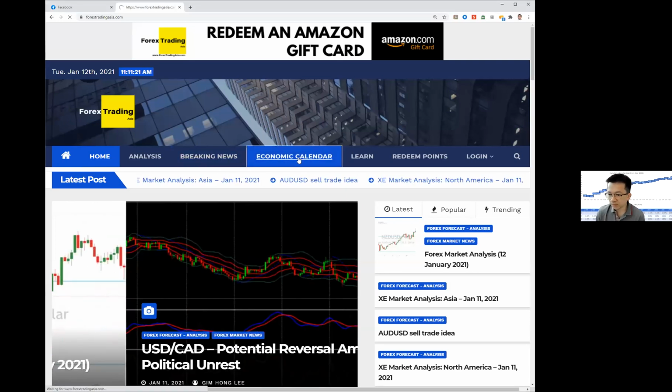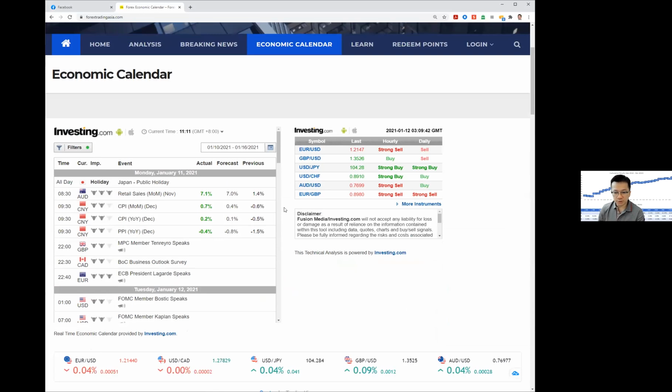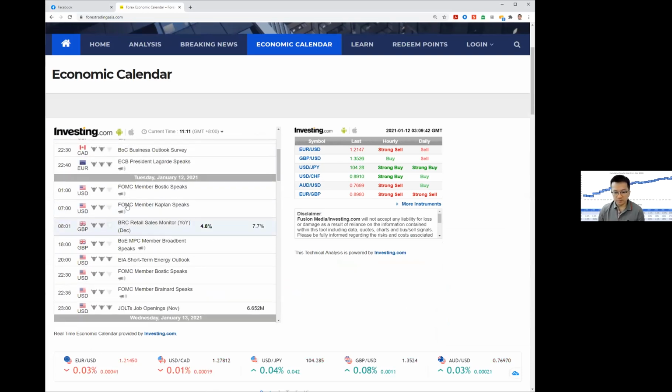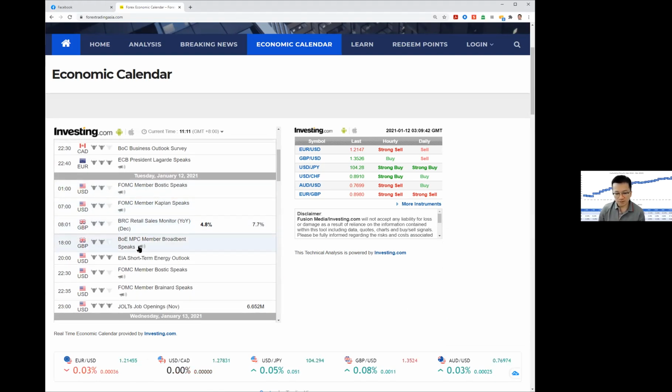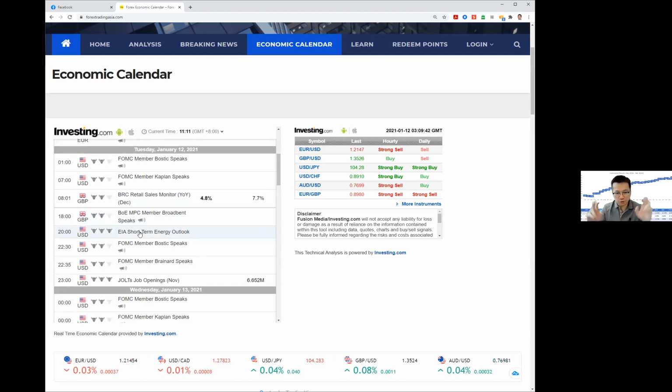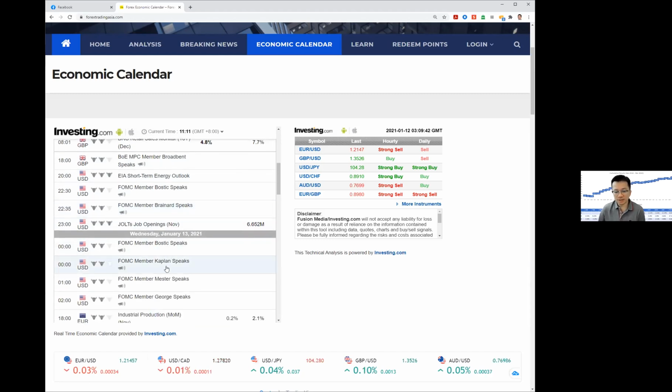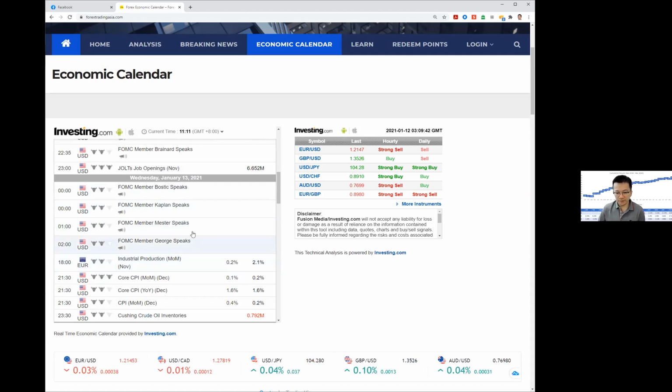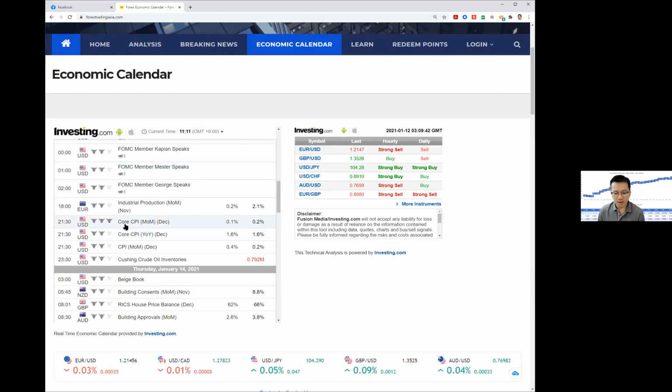Economic calendar here. Today is Tuesday, so we've been through Monday. We've gone through all that US FOMC members speaking. We have pound news come out, and then you can see that it's quite a short news day. Nothing much happening from now all the way to the evening. At 8 o'clock, we've got some energy. It's not going to change prices too significantly or at all. And then after that, we have some jobs opening late in the night. Again, tomorrow, a lot of FOMC members speaking, not going to move. I don't think these are the big ones that are going to move prices, but there is going to be